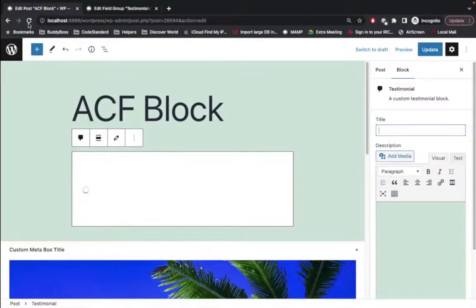So first things first, I have already enabled the ACF Pro plugin. We will check if that works with the free plugin as well or not. But first let's check with the Pro plugin. So I'm gonna go to custom fields and I will create a field